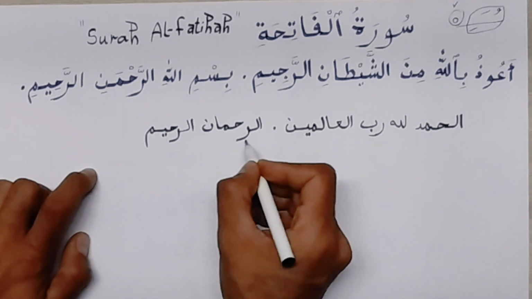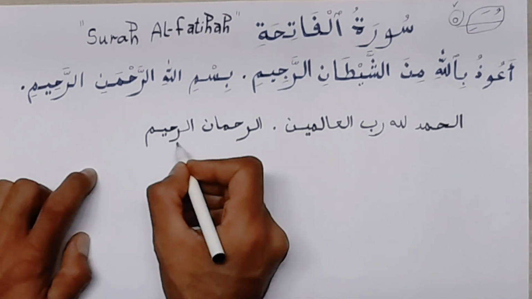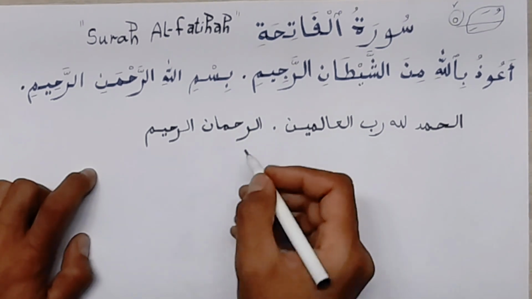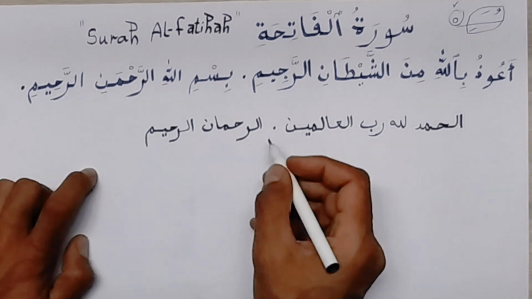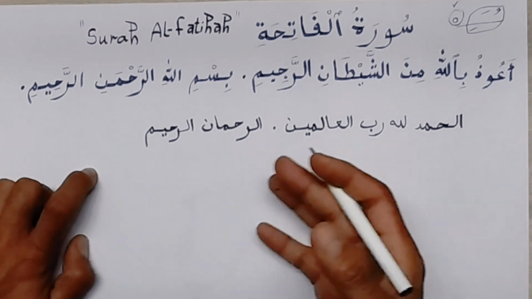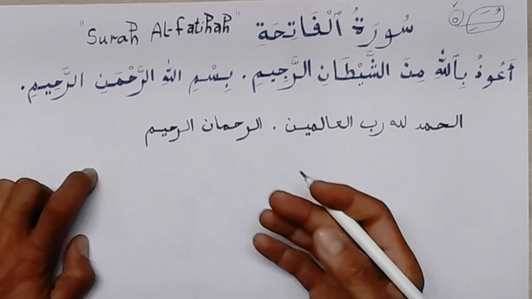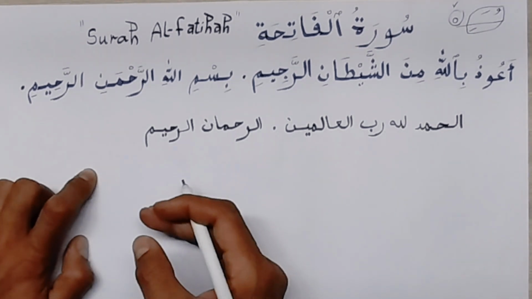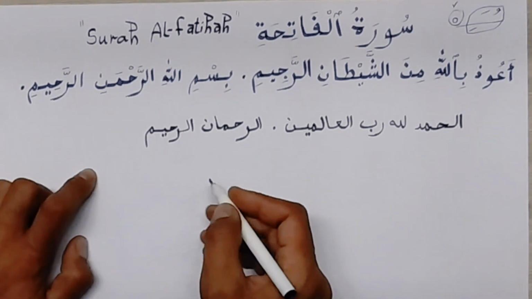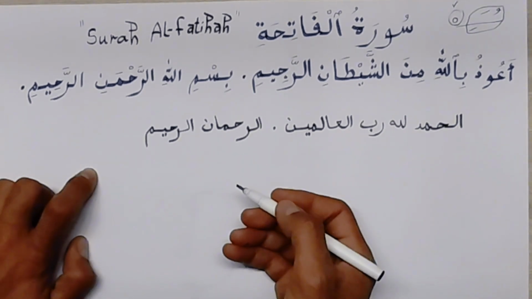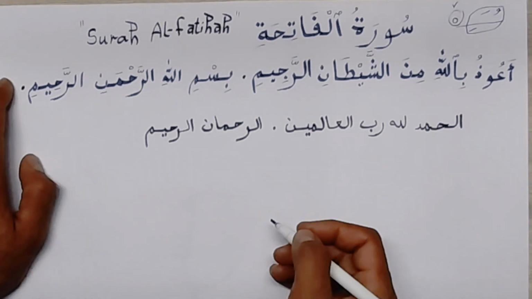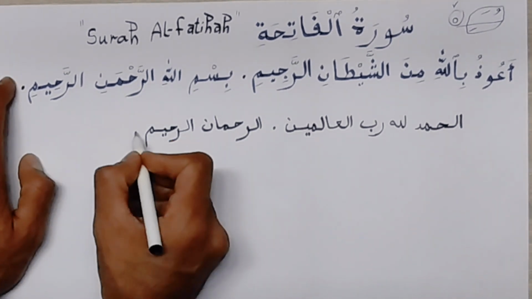Why? Because Ra is harfun shamsi. Okay, it's a sun letter. I have already done or published a video explaining the difference between sun letters and moon letters, al-huruf al-shamsiyya and al-huruf al-qamariyya. I will mention the link in the description. Okay, dear brothers and sisters, Ar-Rahman Ar-Rahim,